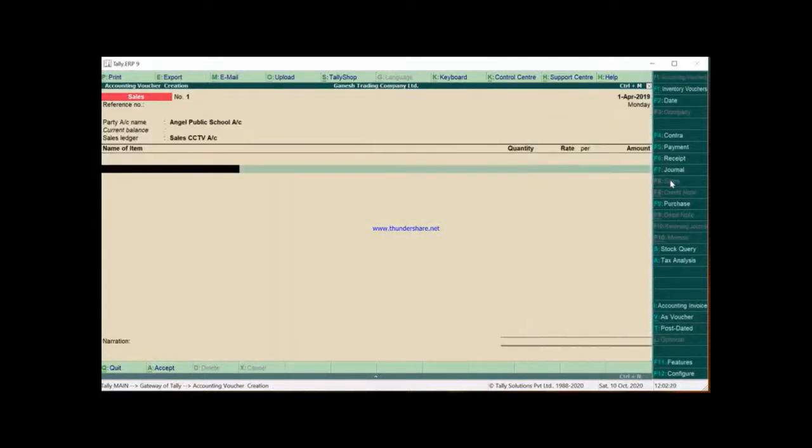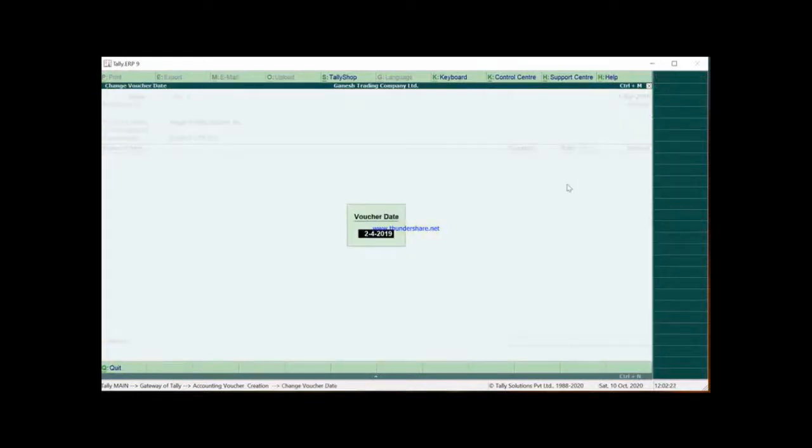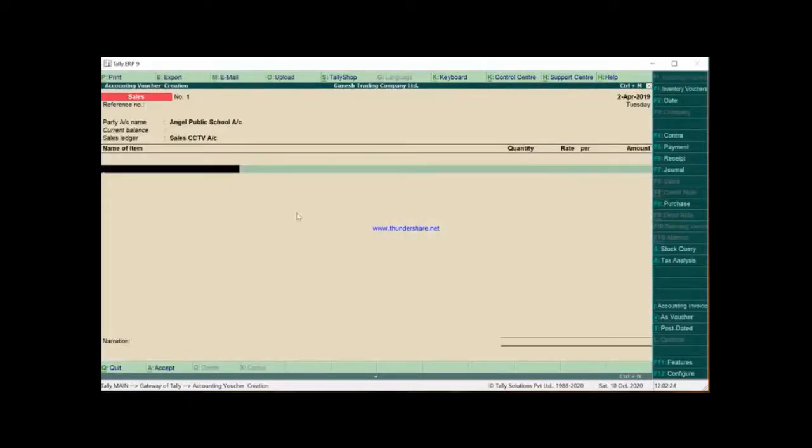Change the date after this to 2nd of April. Now again the name of the item is CCTV. In the quantity, 30, and it is sold at the rate of 12,000.